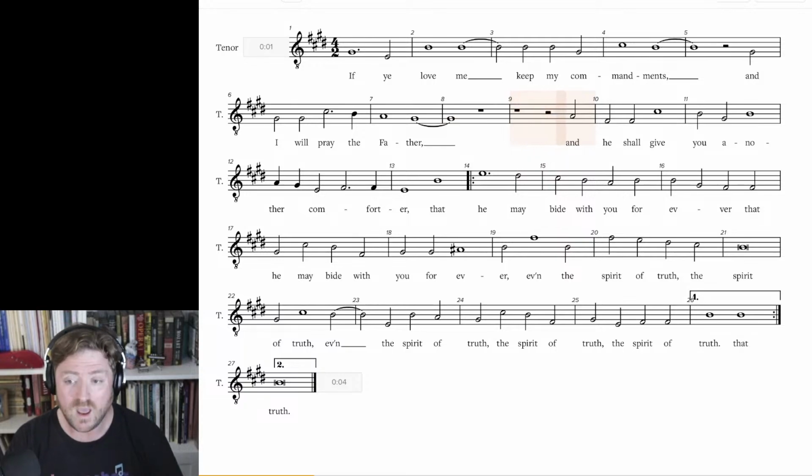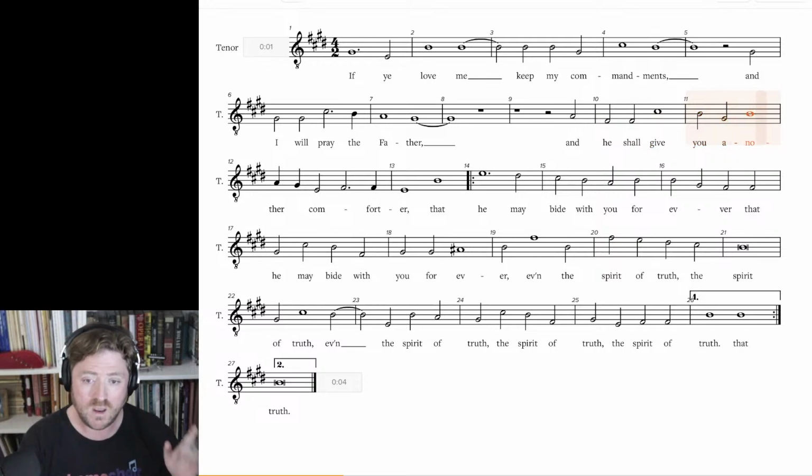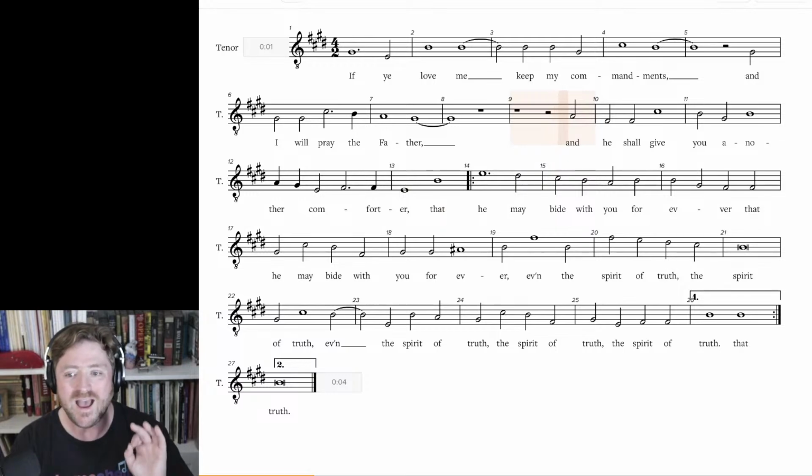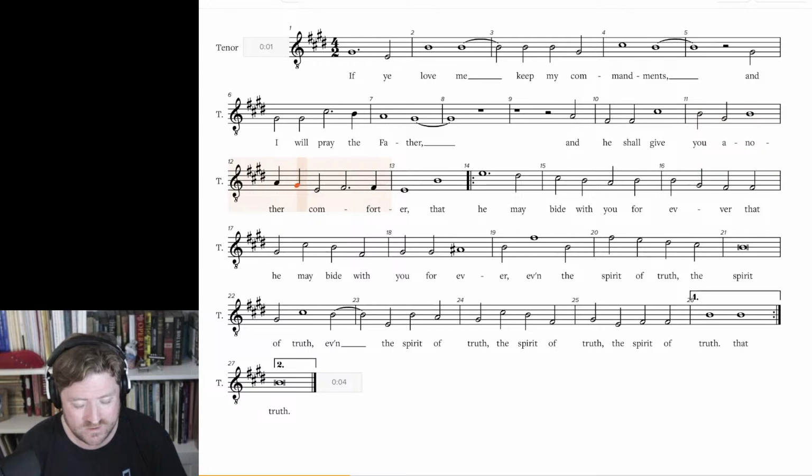And then we sing, and he shall give you another comforter. Listen to it. And he shall give you another comforter. Good. So let's sing that together. And he shall give 2, 3. And he shall give you another